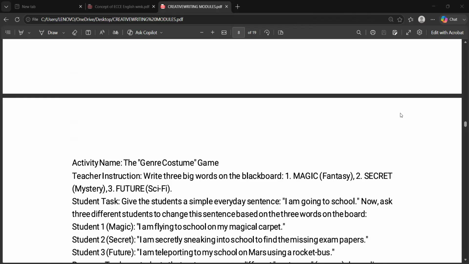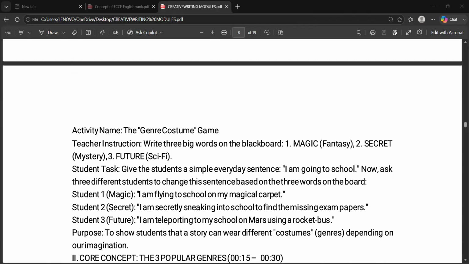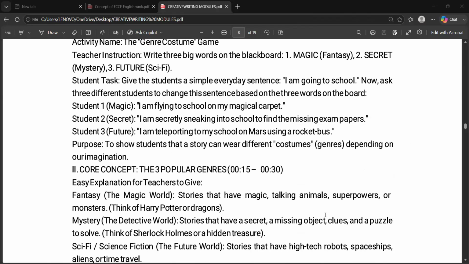Okay, now this thing is for higher grade kids. Till day 5, you have to keep them practicing, practicing, and practicing from grade 3 to 5. But after grade 5, and many kids start by grade 4 also, so after grade 4, you can enter into the genre costume of the story. So when you enter into this genre costume of the story, here you can enter these types of activities